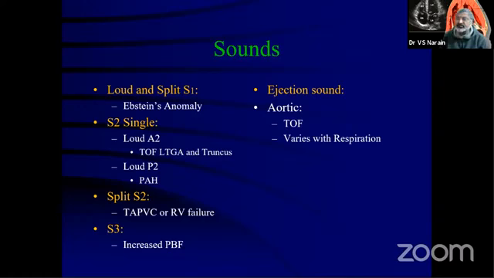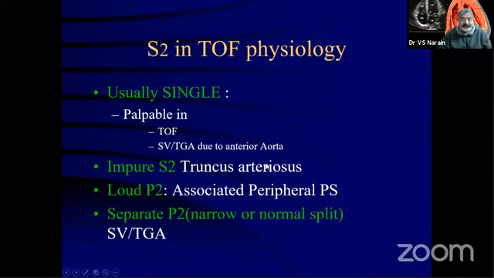But in some of the books, it is said that in tetralogy of Fallot, because the aorta is connected to the right ventricle, despite the fact that the septum is deficient, you may have some respiratory variation. In that, it is better heard in expiration than in inspiration. So, by and large, the answer should be that the aortic ejection sound does not vary with respiration. Only the valvular ejection sound of the pulmonary varies with respiration, not the vascular. But sometimes even aortic ejection sounds in tetralogy can vary with respiration.